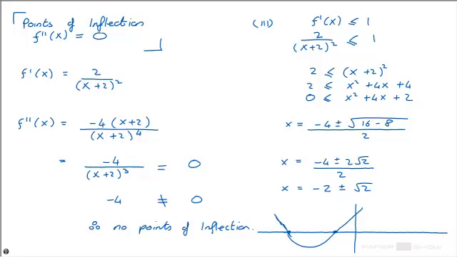So what we have to go back to is up here, and we're saying, where is the curve greater than 0? In other words, where is it above the x-axis? That's this portion here, this portion here. So that corresponds to this area